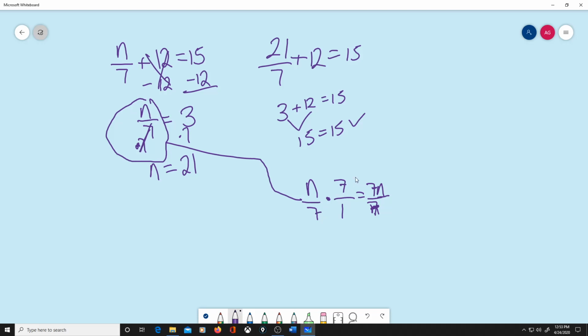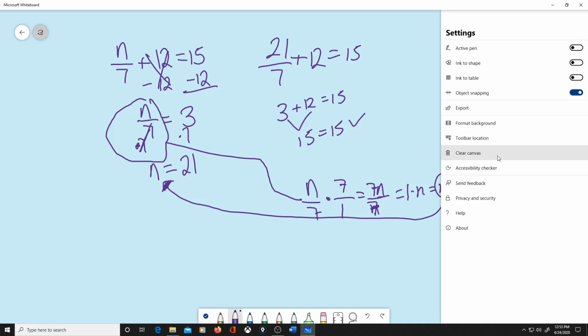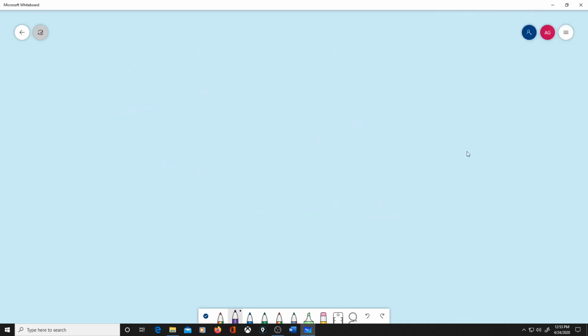Let's make all my 7s look the same here. So if I have 7 over 7 and n, then I really have 1 times n, which is really just n. And so that's how I'm able to get to just an n when I multiply n divided by 7 by 7. So here's the math, so it doesn't look like I'm just leaving out steps. So that's how you would do a two-step equation when you have either the variable being acted on by multiplication